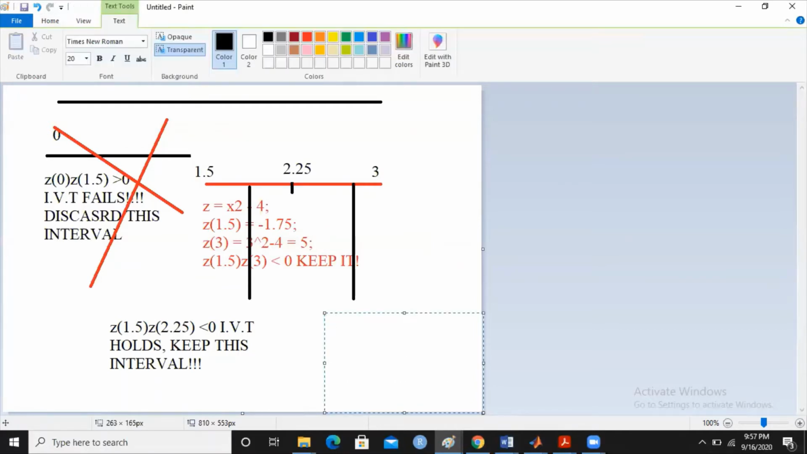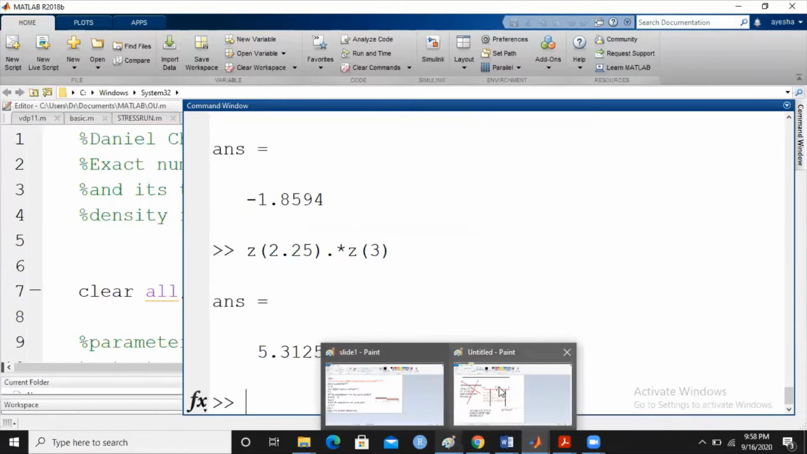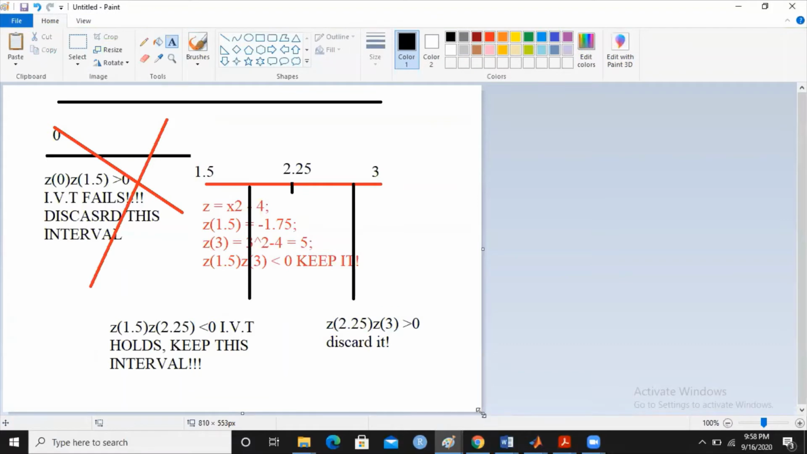Now you will have here z of 2.25, z of 3. Let us check: if it is a positive number, we will discard it. So it is a positive number. According to the intermediate value theorem, discard it. So now, students, my new subinterval is